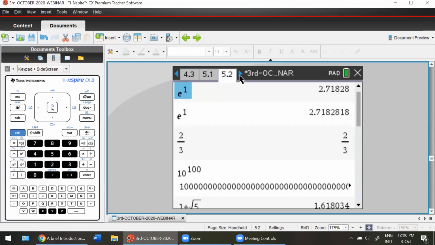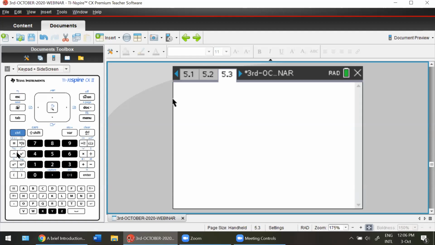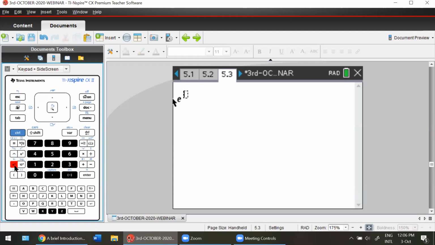So as you go to, let's say, hit E on your calculator, you will find it here in this left column. Next to 1 is 10 to the power x, and next to that is e to the power x. So if you hit E and then raise it to the power 1, you find that you have a non-recurring and non-terminating number, because this is an irrational number, right? Now, let's say you want more values here or fewer values here.